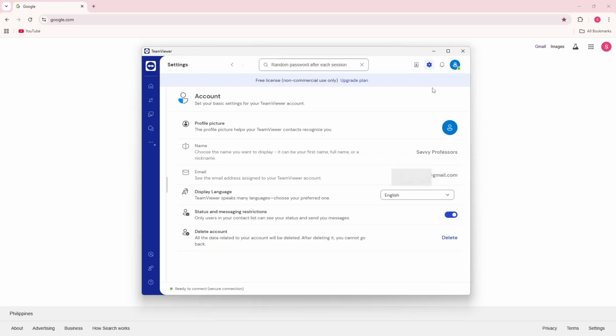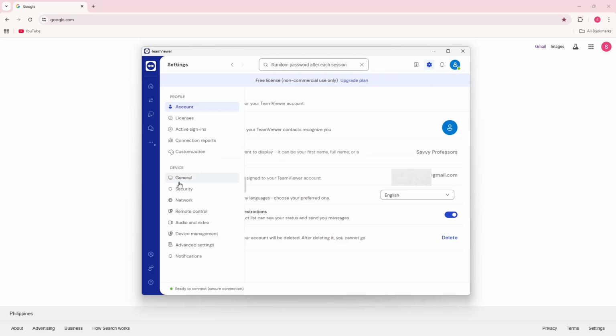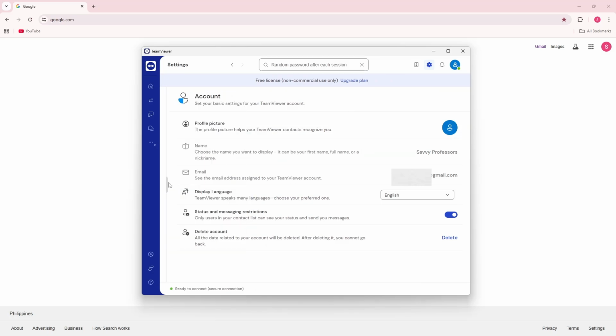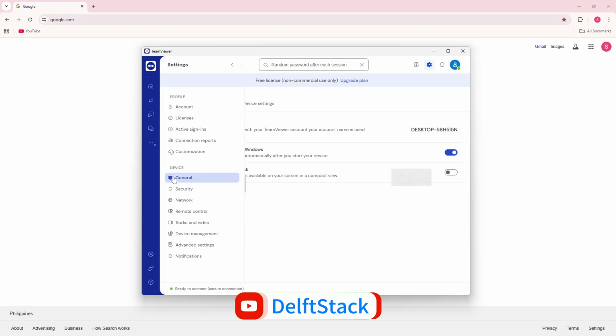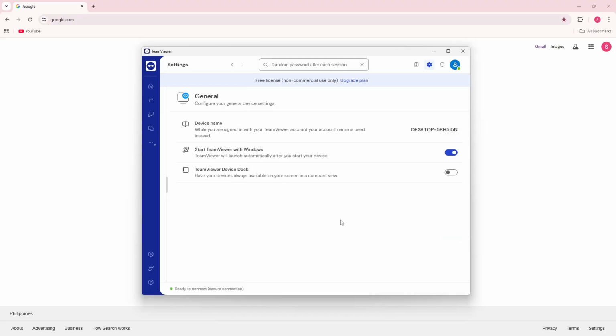Now here on the settings, you could go for the left side over here. As you can see, you will have a window popping up, and from here you could just simply go for the device category and you could go for the general. And here on the general, as you can see, if you have the start TeamViewer with Windows turned on, make sure that this is turned off, because this is the reason why TeamViewer automatically launches when you turn on your